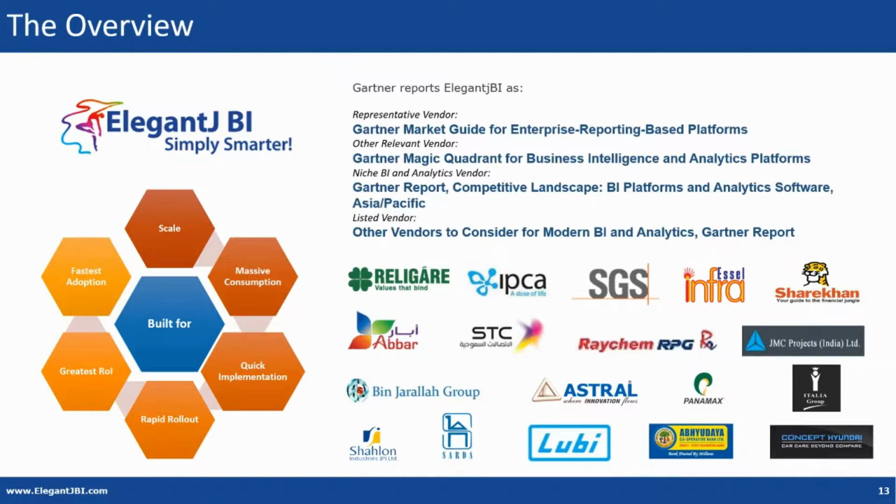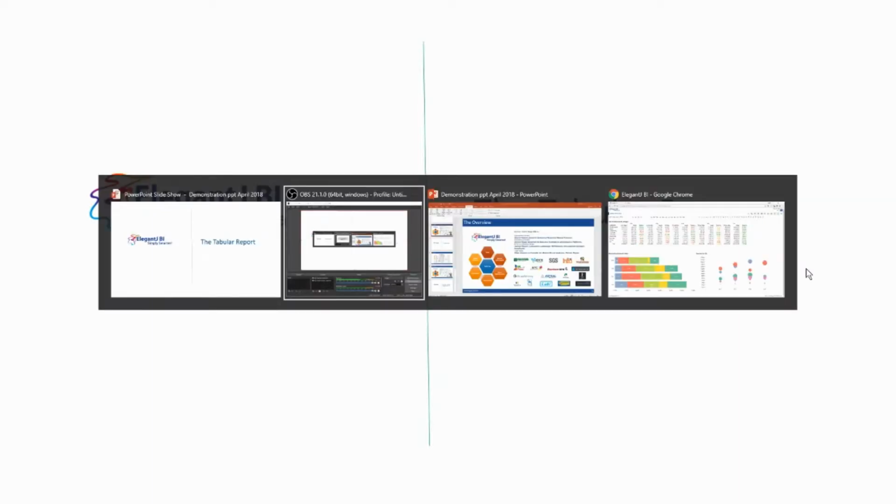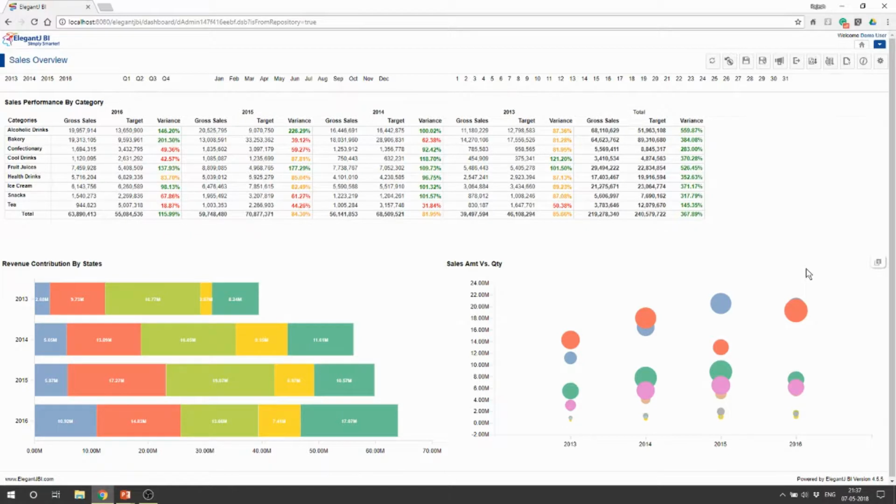application. In this particular video, we're going to look at tabular reports. And as you would know, tabular differs in the structure from crosstab. By its nature, the tabular report is a columnar report, and there is an amazing lot of analytics you can do using a tabular report. There are other videos for crosstabs and other types of analytics at ElegantJ. I invite you to have a look at those videos, and also